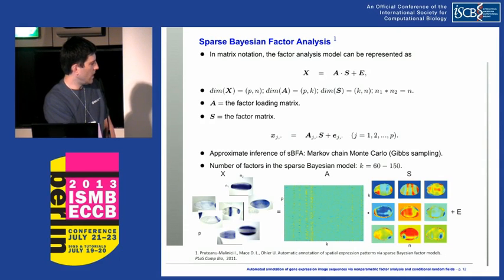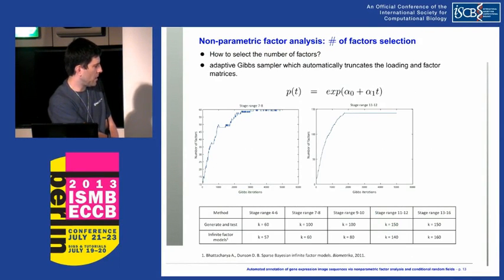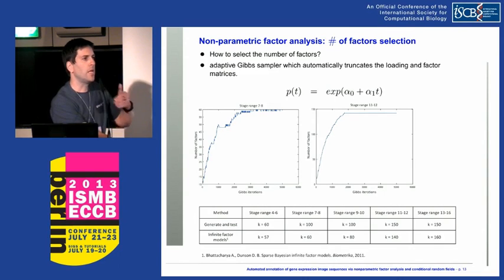When we published this work in 2011, we ran multiple cases. We set this number anywhere between 60 to 150, and we decided which would be the optimal number of factors. But since then, we actually had another idea. I was lucky to have somebody at Duke University who came up with a very smart, very intuitive way of selecting the number of factors in a factor analysis model. What they do throughout the Gibbs iteration, throughout the inference of the factor analysis, is ask the question: is the current number of factors optimal for our analysis? Are there any loadings that are zero across all factors? If that's the case, you might want to reduce the number of factors, and you dynamically adapt that